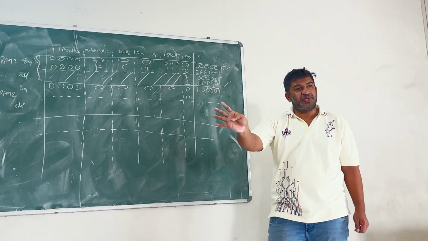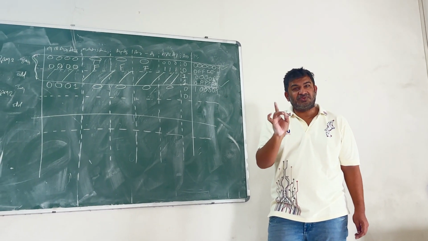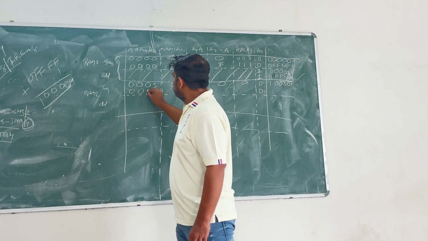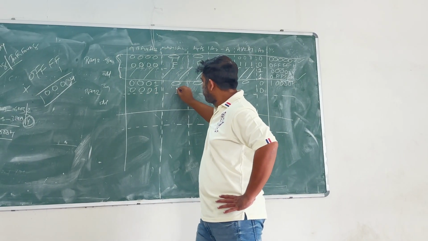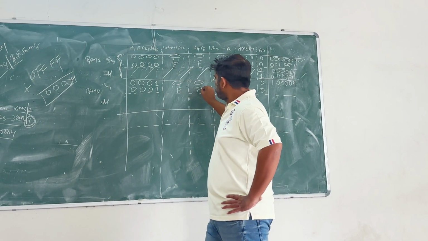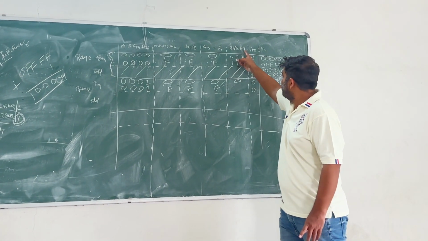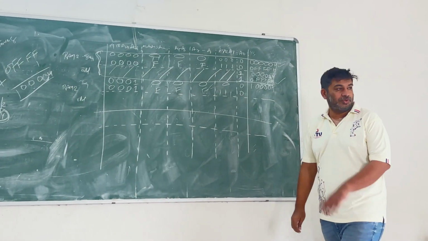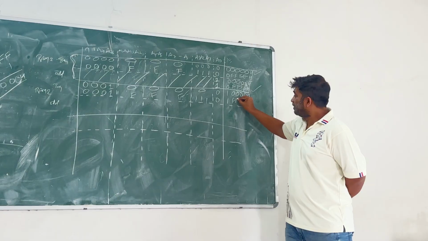A1 to A15, so you need to change A1 to A15. Everything else will remain as it is. Now let's start here: 0 0 0 1. This is A16, so it remains as it is. This will get changed to F. Here only A1, A2 and A3 will get changed: 1 1 1 0. So the ending address is 1F